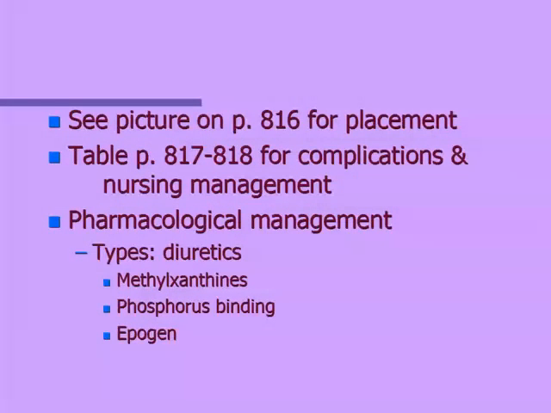Pharmacologically, diuretics might be given. Methylxanthines that are very similar to your thiazide diuretics. Your phosphorus binders, like your Amphojel, and we've already discussed how it must be given with the meal to decrease the phosphorus, otherwise it just increases the calcium. And Epogen, or erythropoietin, which you've already discussed. And that finishes the renal